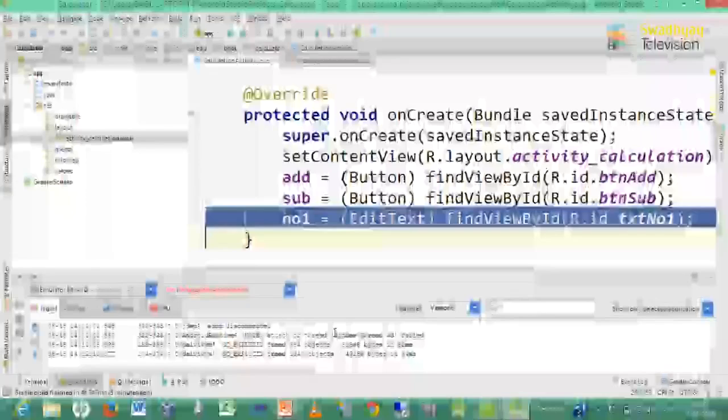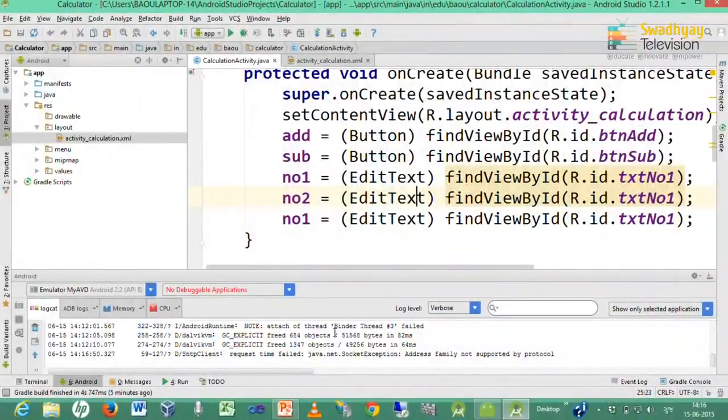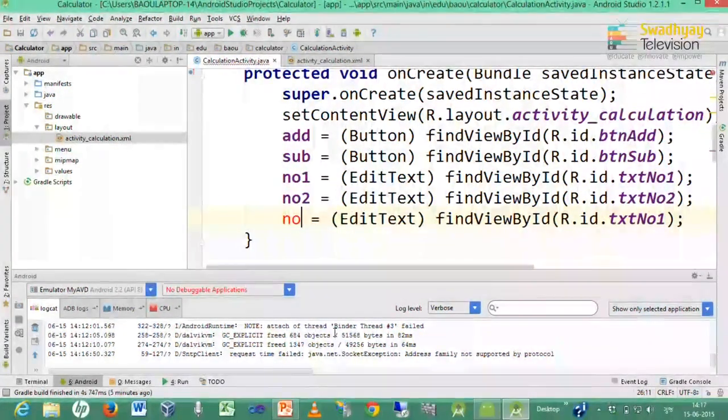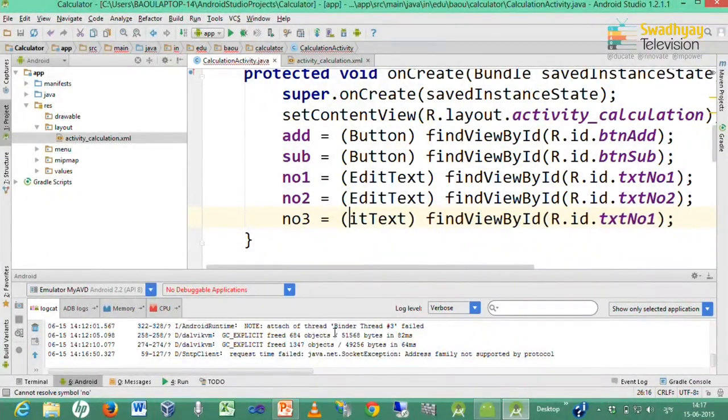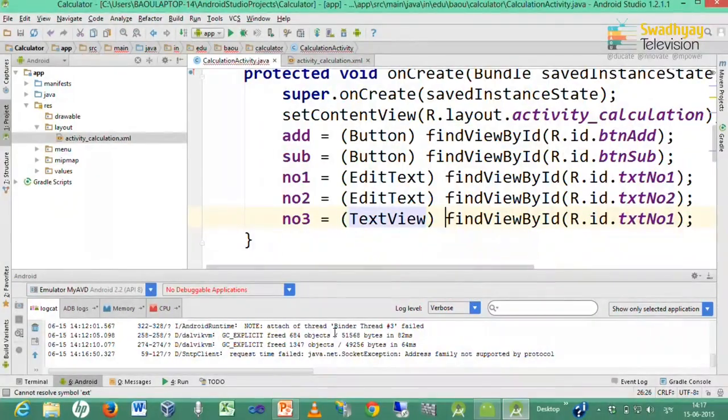I can copy this code for the other two. So, here I write NO2 and here I change the ID to NO2, and last I declare NO3, but that is not an edit text but a text view. So, I declare it as a text view and its name is NO3.